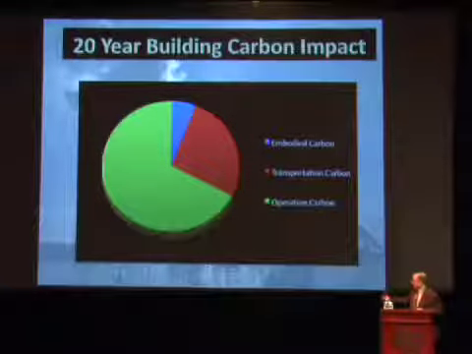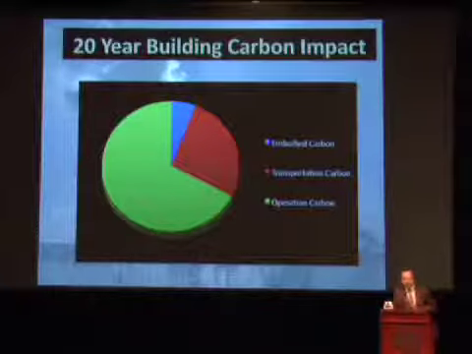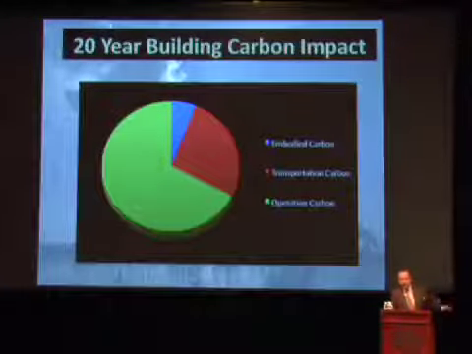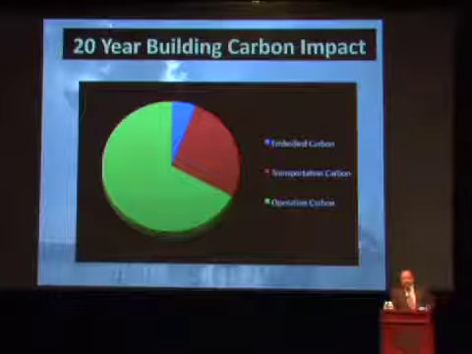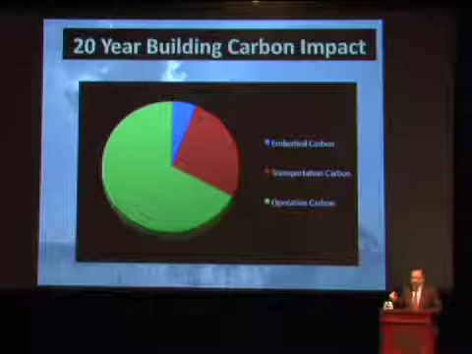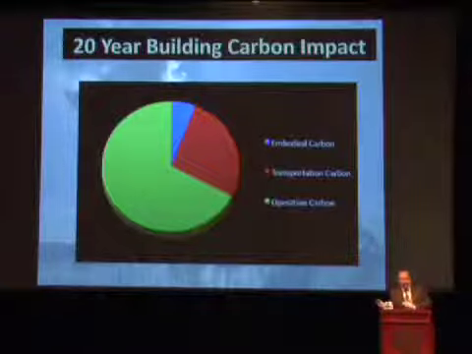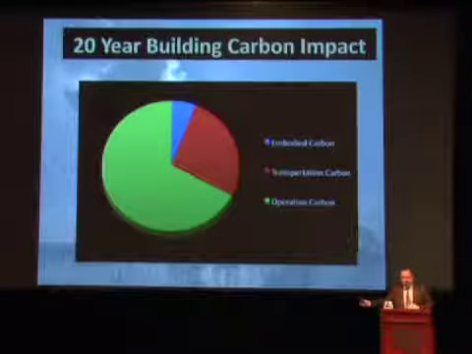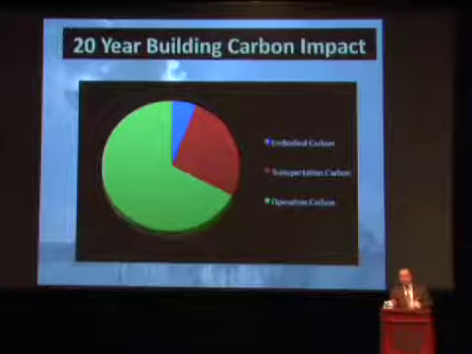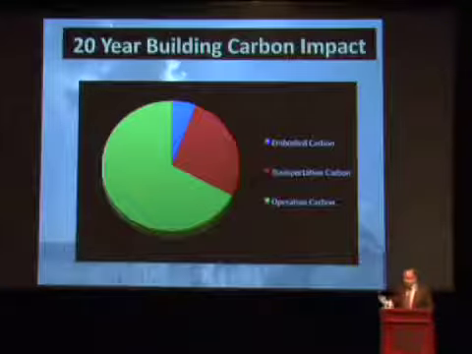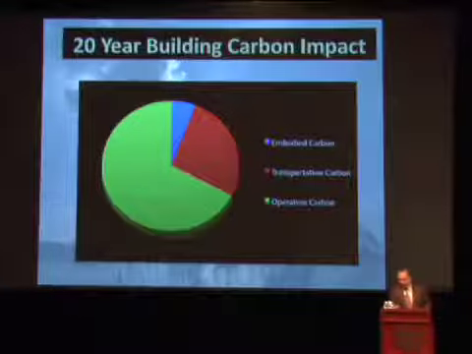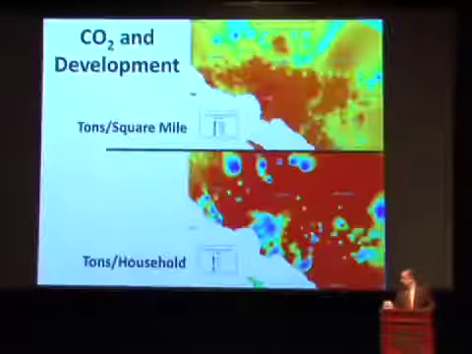A significant chunk is transportation energy, and that's again based on average American commuting habits, how far you have to drive every day, et cetera. And this is commercial buildings, okay? Residential is different, and you have to decide whether you allocate transportation impacts to sprawl in the residential sector or location of commercial buildings. It's a very complicated issue, but it is very important to understand that the magnitude of impact from buildings is their operation.